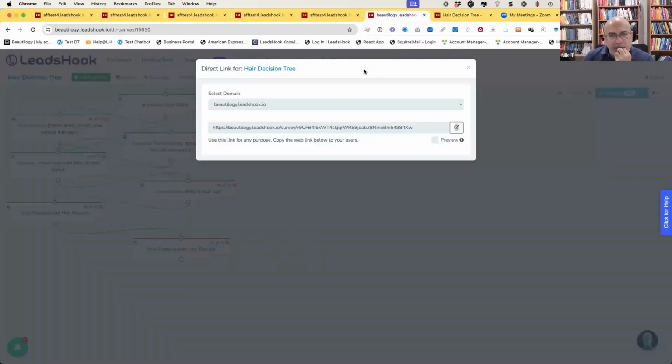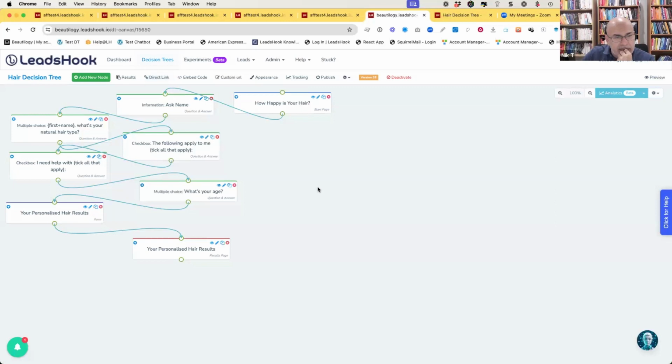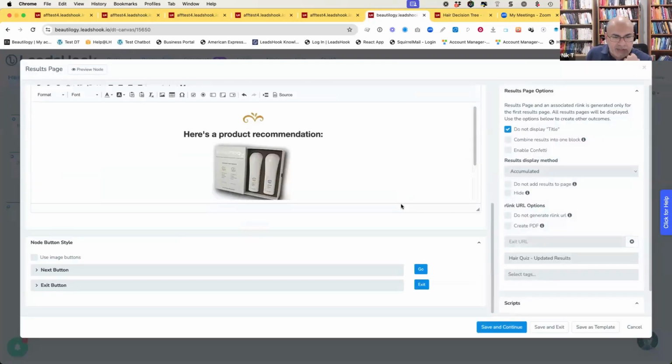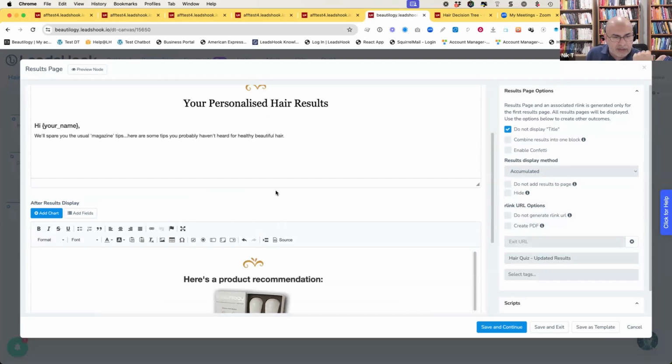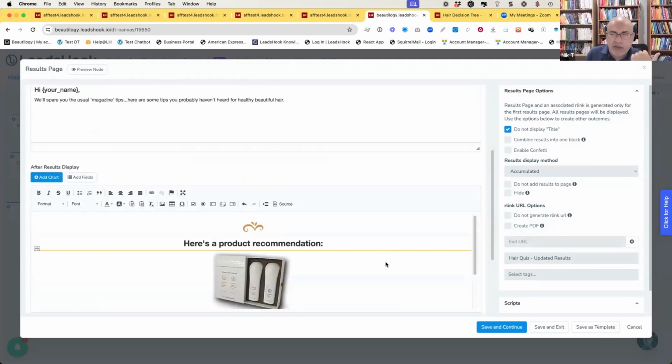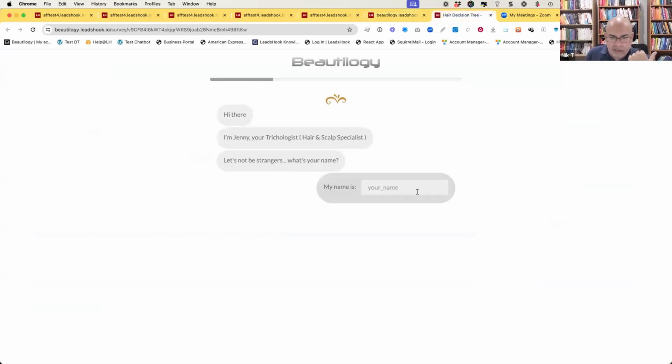Essentially, what it does behind the scenes, it looks very simple. I'm going to ask the name, I should say introduce myself and ask your first name, which of the things apply to me, what I need help with, what's your age, a form, and then the personalized result. Now, if you look at the personalized result, you'll see that it really doesn't have anything on it. It's just got a little bit of text here, a little bit of text here. But if you actually go through this, which I will do,